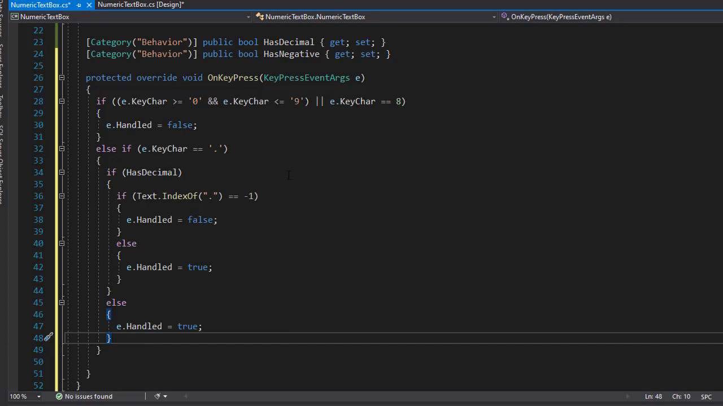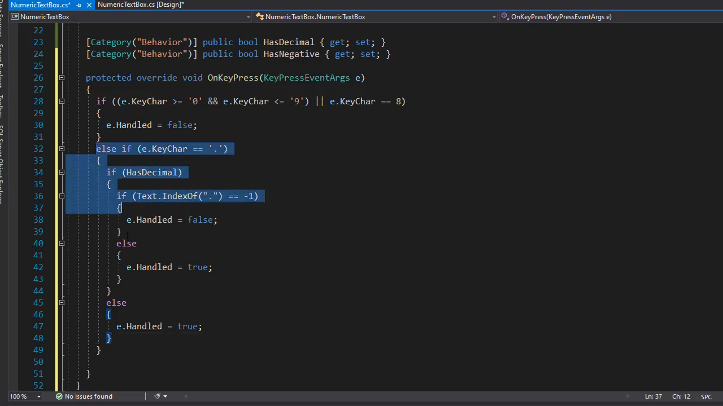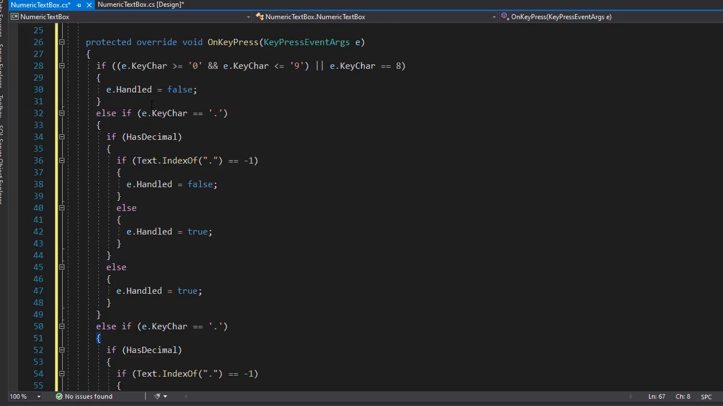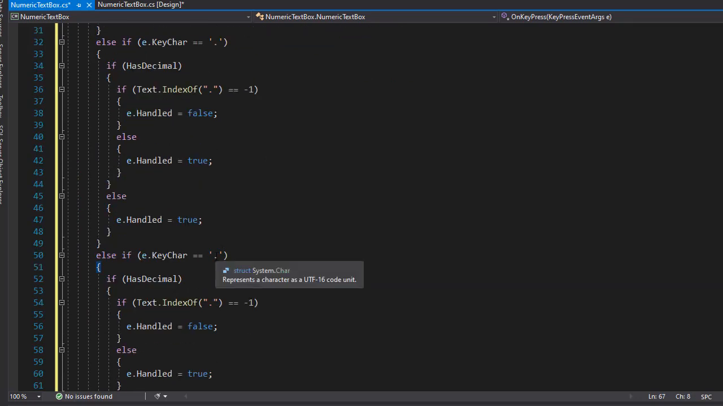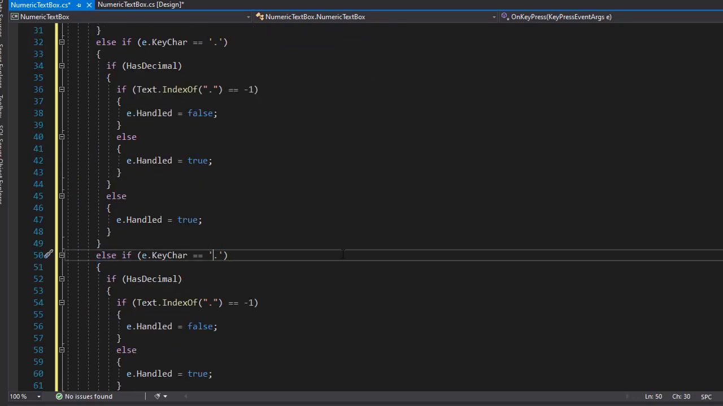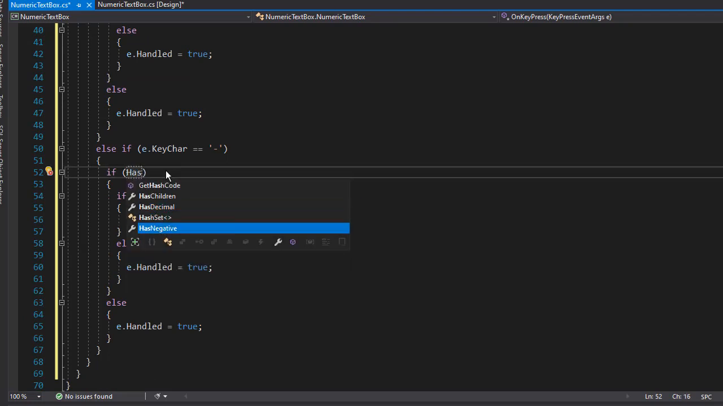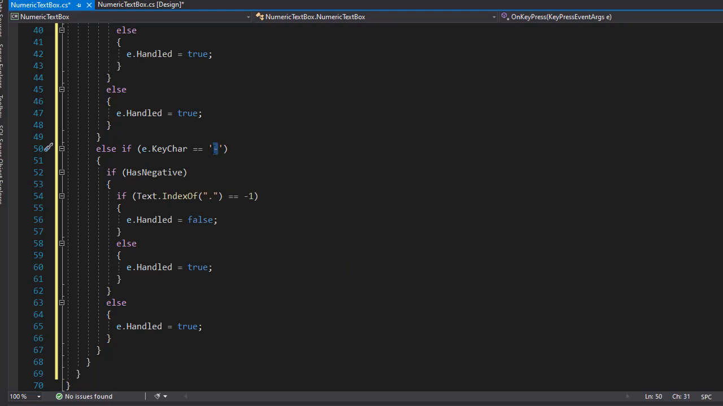And now let's do the same with the negative. I'm going to copy this else if statement and paste it right here, because another option, another else if, is if the user is trying to enter a negative number. So we check if the character is the minus sign. And if it is, then instead of HasDecimal, we check if the HasNegative is true. Now we can only allow the minus sign at the very beginning of the number. So this is going to be actually reverted. If the IndexOf is not equal to -1, or if the SelectionStart,